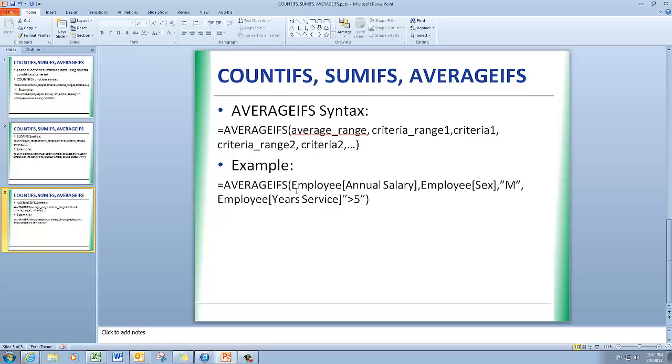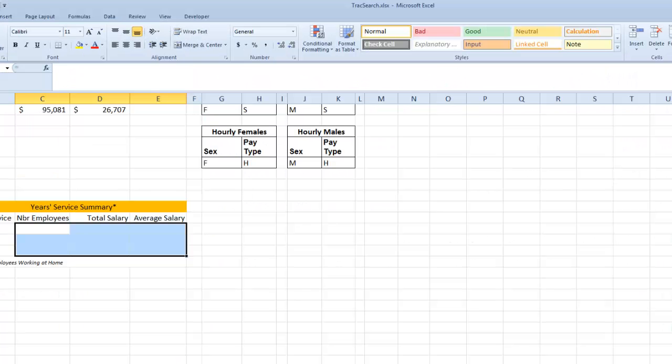AVERAGEIFS work the same way. You have the average range and then your criteria. So here we have one where the annual salary is being averaged if the employee is male and has worked longer than 5 years. So let's switch over to the spreadsheet, and I'm going to do a COUNTIFS function here